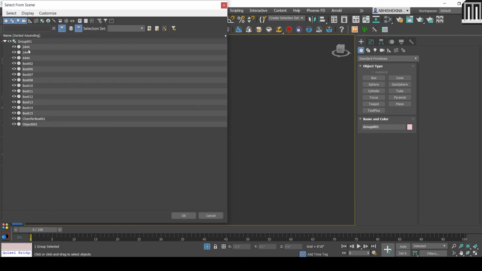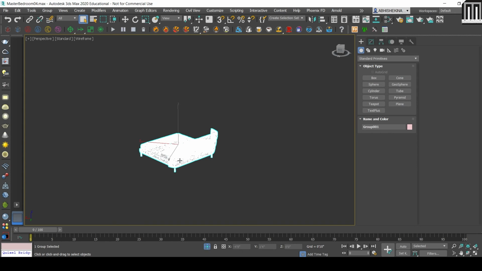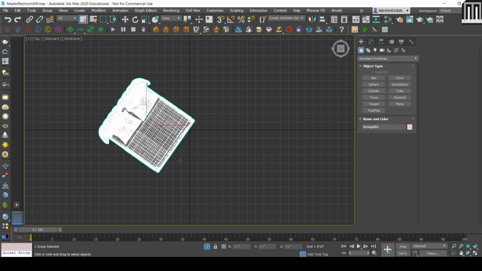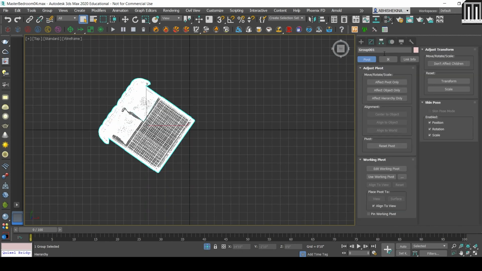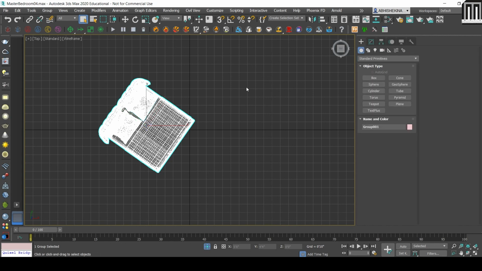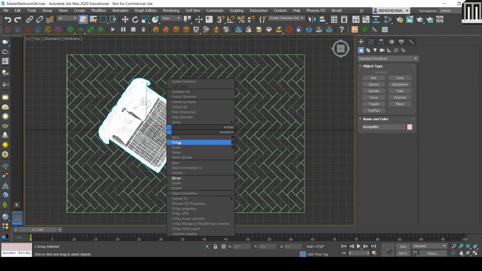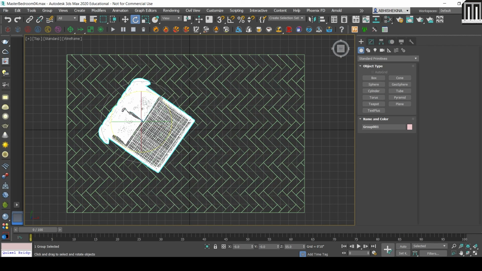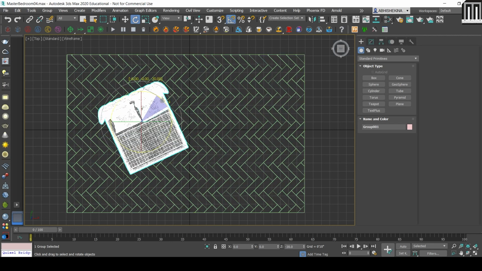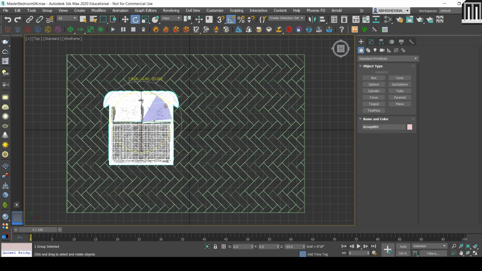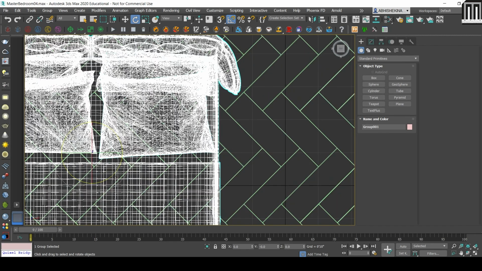I'll click on affect pivot point and reorient it, because I want to rotate it perfectly to a perfect 90 degrees.